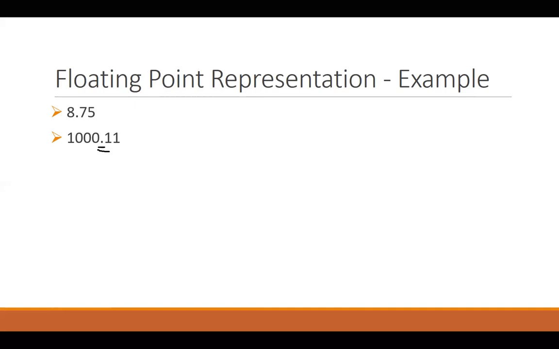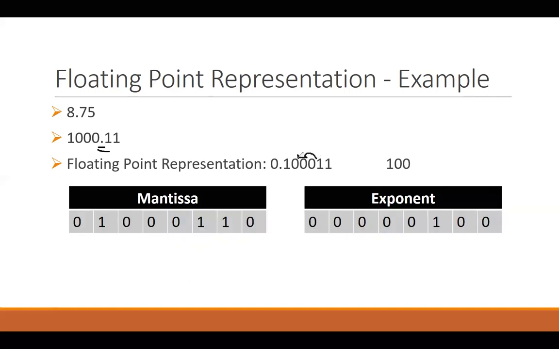It was actually right here at this place, and what we did was move it here, before the first one. We added a zero. Why zero? Because it's a positive value, so the sign bit was 0, and I moved my decimal point 1, 2, 3, and 4 places. So that 4 converted in binary is my exponent.